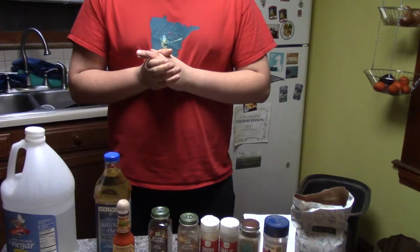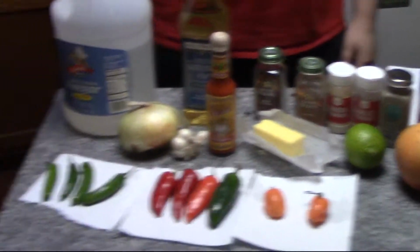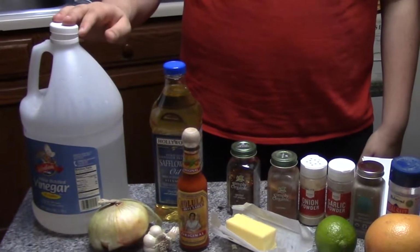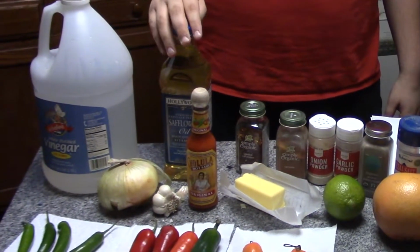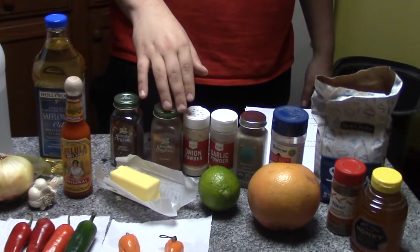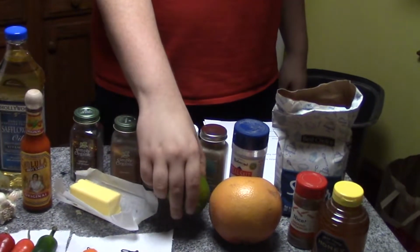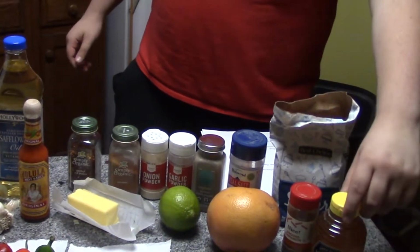Let's get started. So there's a lot of ingredients we need for this. The ingredients we need are 4 serrano peppers, 4 Fresno peppers. Now the store didn't have Fresno peppers, so we have 3 red jalapenos and 1 regular jalapeno. 2 habanero peppers, white vinegar, canola oil, canola or safflower, doesn't really matter. Onion, garlic, a bottle of Cholula, a little bit of butter, crushed red pepper flakes, cayenne, onion powder, garlic powder, pepper, salt, 1 lime, 1 grapefruit, a little bit of cinnamon, a little bit of sugar, honey, and of course